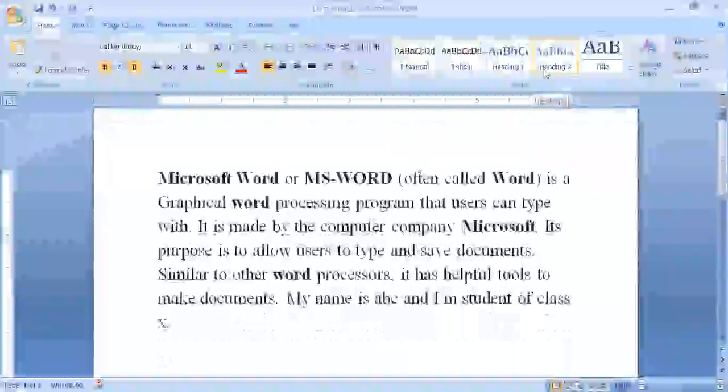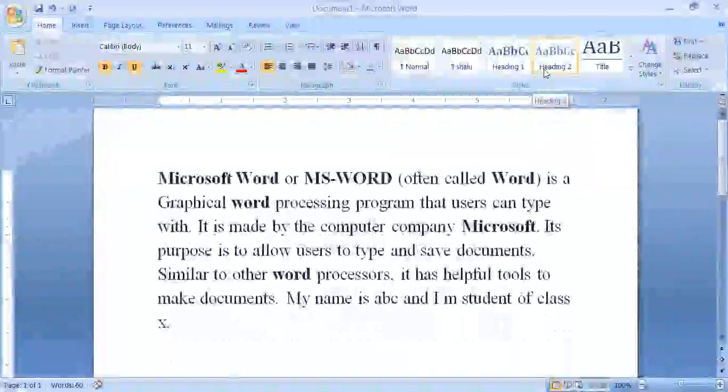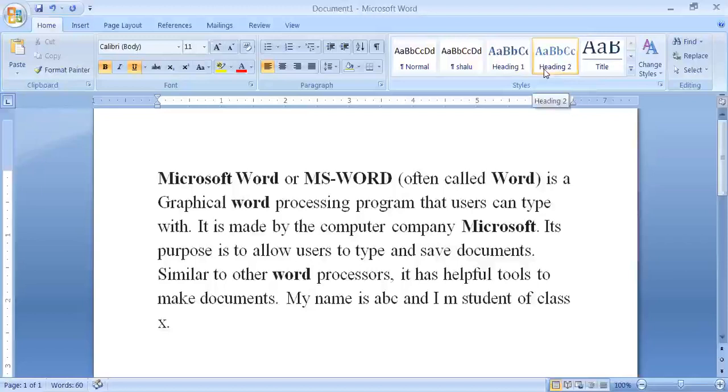Now in this session we will discuss styles. So what are styles? A style is a predefined combination of font style, color and size of the text that can be applied to the selected text. The style can change the font style, color and size of the text in the applied area.